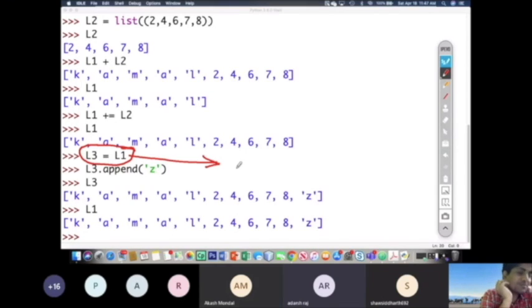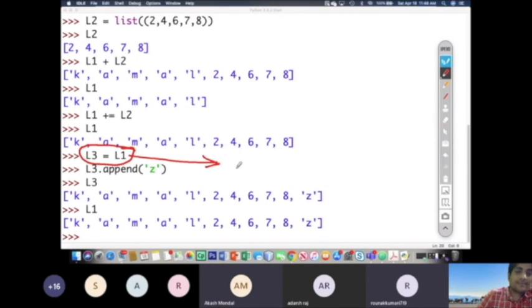सर पहले हमने क्या किया कि L3 जो लिस्ट था उसको ये लिस्ट 1 के साथ जोड़ दिया. तो फिर कहाँ जोड़ दिया? हमने L3 को कहाँ जोड़ा? L3 इज इक्वल टू L1 लिखा है मैंने, जोड़ा कहाँ है? हाँ तो उससे एसोसिएट किया. हाँ ठीक है, एसोसिएट कर दिया. उसके बाद हमने L3 में अपेंड किया, तो दोनों का वैल्यू तो सेम, मतलब L3 की वैल्यू जो होगी वही